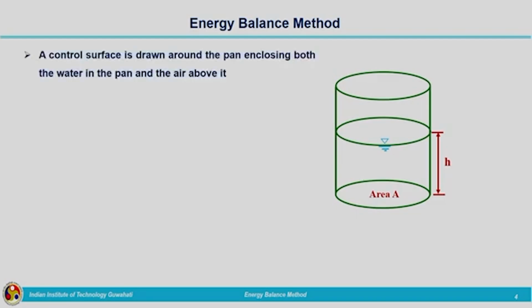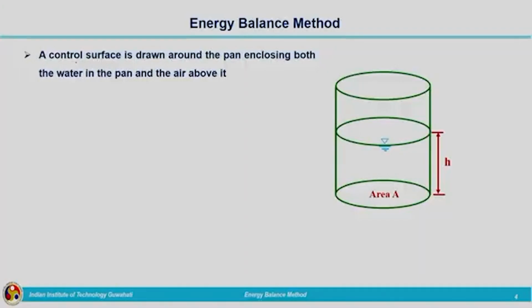Now, as I told you, this is a method which is based on the physical processes. So, we are going to derive the equation based on the continuity and energy equation, that is based on the control volume approach. So, first we will be making use of Reynolds transport theorem. For that we need to define the control surface. So, a control surface is drawn around the pan